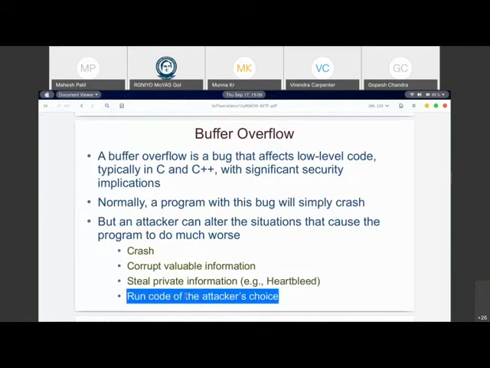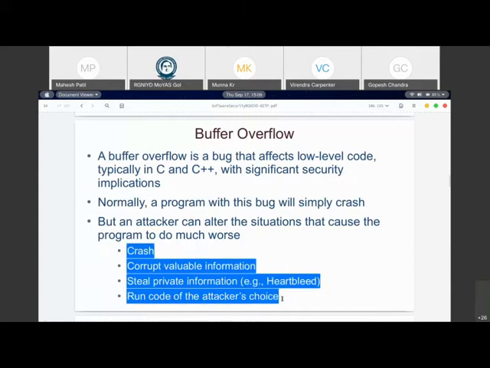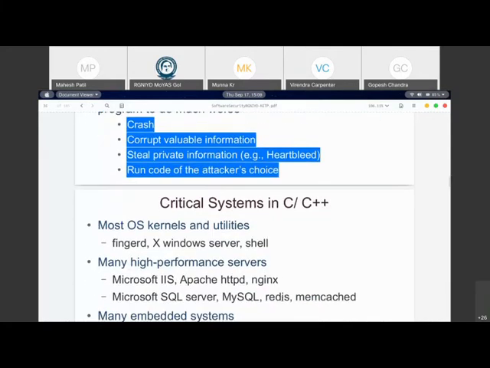And the most dangerous out of that is that, as an attacker, I can run any piece of code on my compromised software or the buggy software. So the good thing is we'll try to demonstrate all these four types of things possible on a binary.